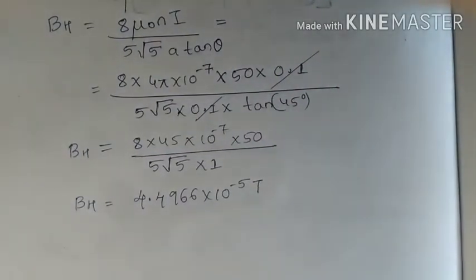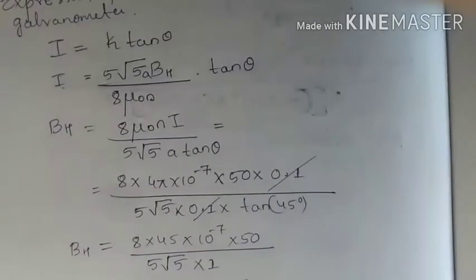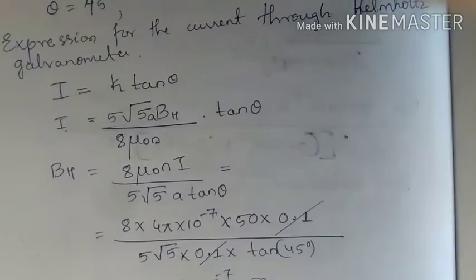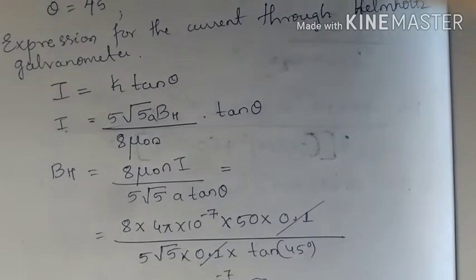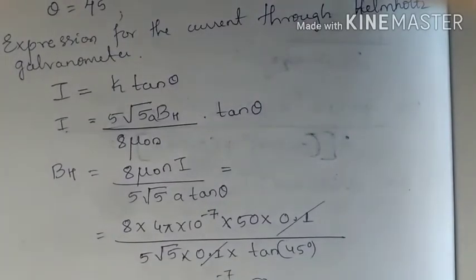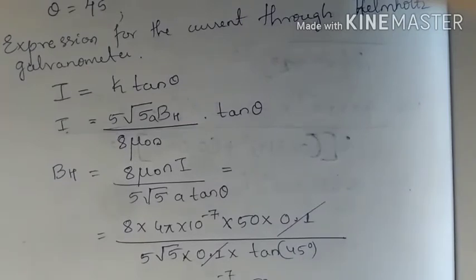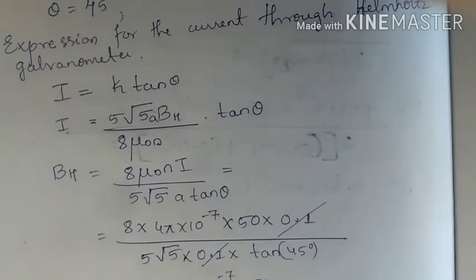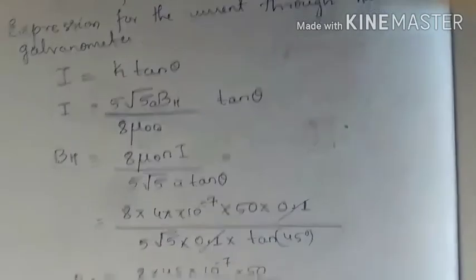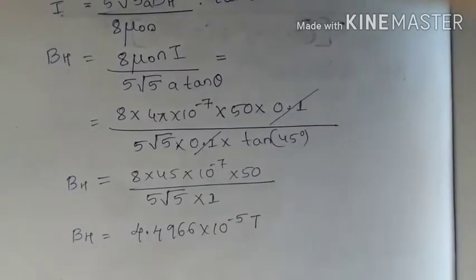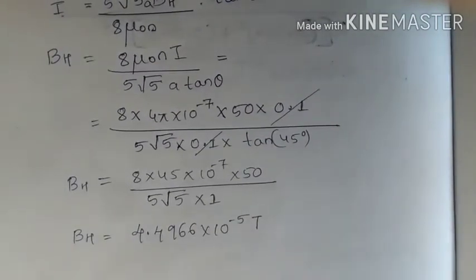So is this clear? What we have done here is taken I equals K tan theta, and we know the expression for K. K is 5 root 5 ABH divided by A nu naught n multiplied by tan theta. So from that equation we have taken BH out. BH will be equal to A nu naught n I divided by 5 root 5 A tan theta. If you substitute all the data which is given in the question, then you end up getting BH